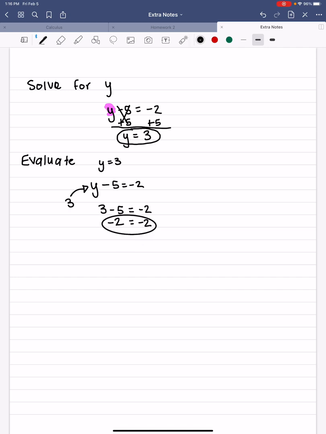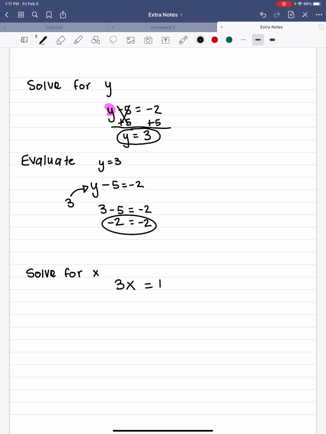A really important thing when you're solving equations is to understand your operations and know which ones are opposites. So the opposite of addition is subtraction. The opposite of subtraction is addition. Same goes for multiplication and division. So we may have a problem that says solve for x, and our equation may say, these are equations, they have an equal sign,